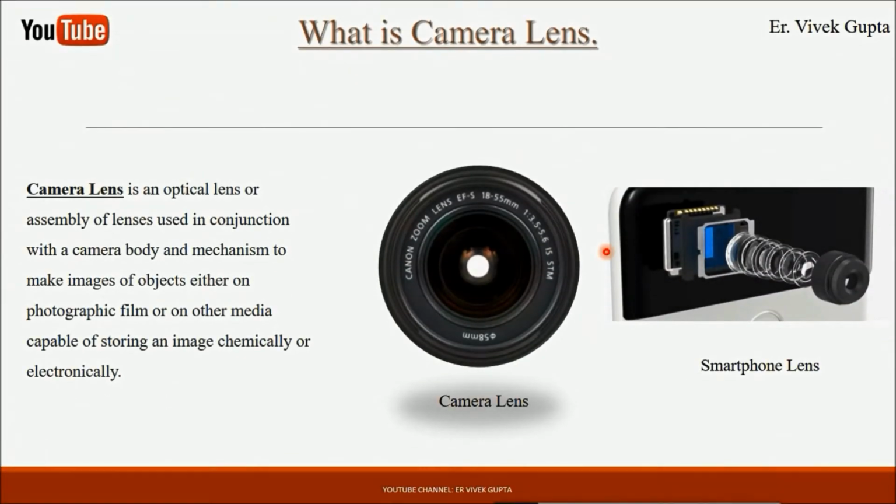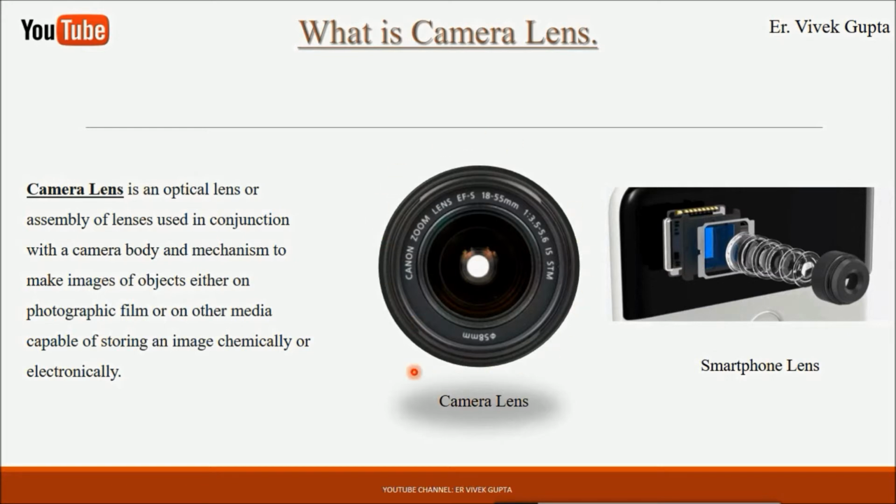So before going to the different types of lenses, first understand what a camera lens is. A camera lens is a combination of glass lenses along with electrical equipment fitted inside the body of a lens. They work in such a combination that we capture a great image. So you can say it is an assembly of different types of glass lenses and electrical equipment which helps us to capture an image, helps us to zoom in and zoom out, and helps us to reduce and increase the amount of light entering inside a camera.